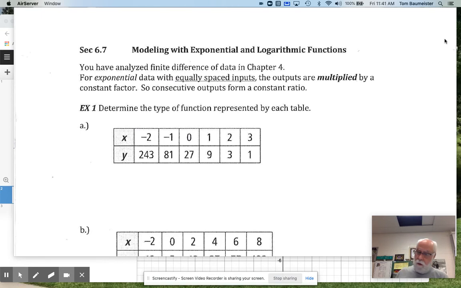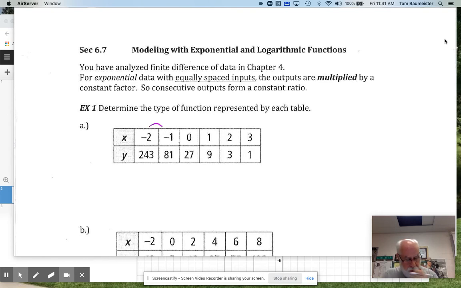All right, so now we're to the 6.7 part. All right. So to get to the 6.7, you have analyzed finite difference of data in chapter 4 for exponential data with equally spaced inputs. The outputs are multiplied by a constant factor. So consecutive outputs form a constant ratio. So on the first one,